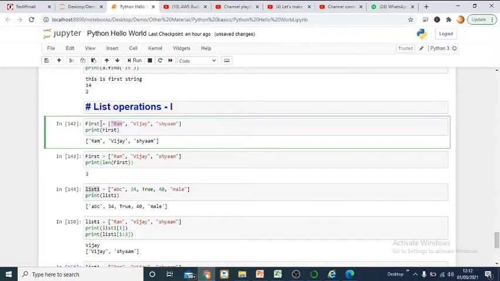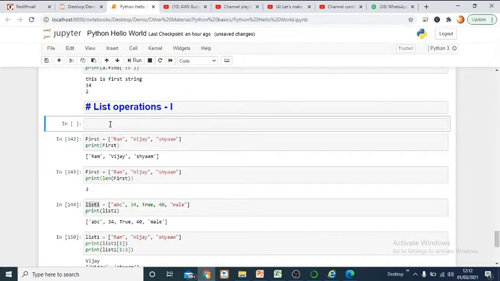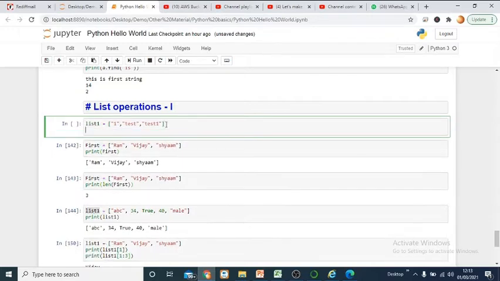Okay, so let's define a list. To define a list, the very important thing that you need to remember is that whatever you want to add into the list, you have to enclose it in square brackets, and then you can put item values, like this, test and maybe test one, and then you can put it in the list. As soon as you run it, you can print it as well. If you want to print a list, you just have to name the list and it will be printed.